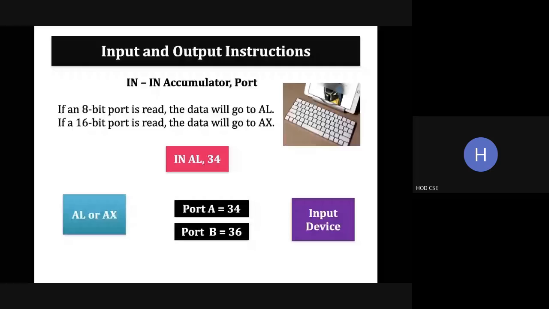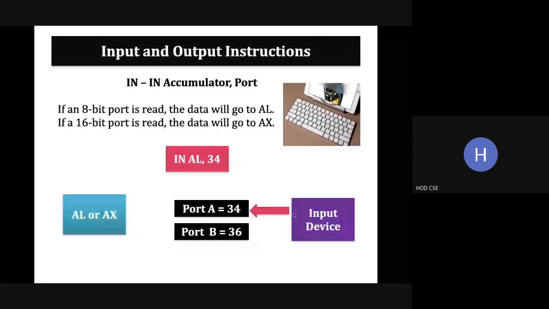For example, here they have written the IN instruction. It is used to read the data from the input device. Let us take the device address of the keyboard as 34.